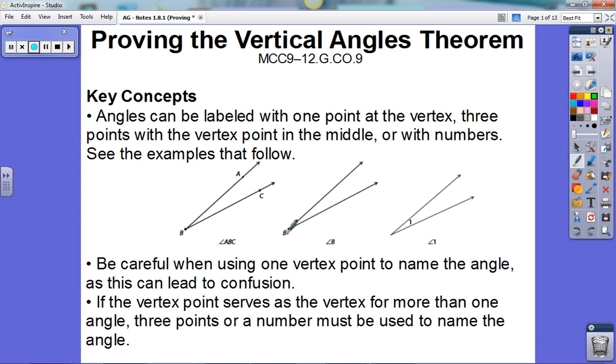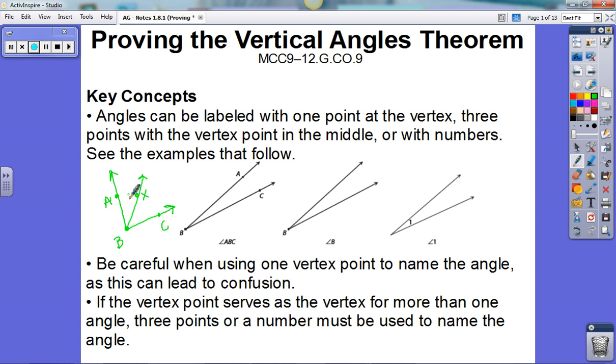However, you need to be careful with this because it can lead to confusion, especially if I have, let's say, adjacent angles. So if I have something like this, and this is A, B, C, let's just say X. If I say angle B and just use one letter, I don't know what angle you're talking about. I don't know if you're talking about this lower portion, or the entire thing. So in this case, you would definitely want to use 3